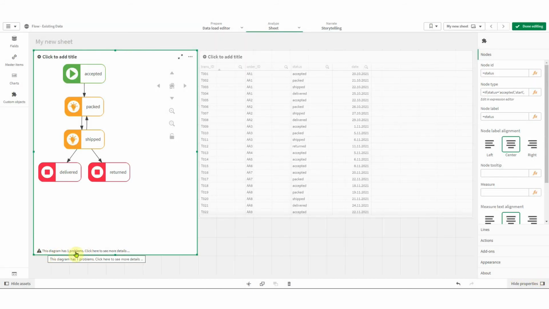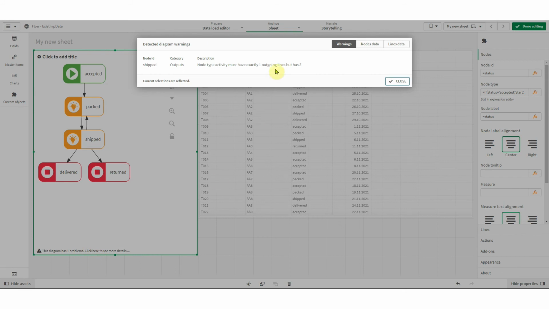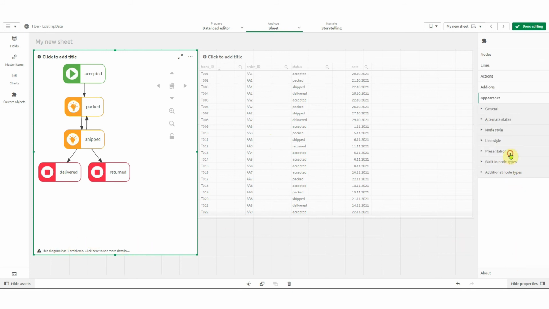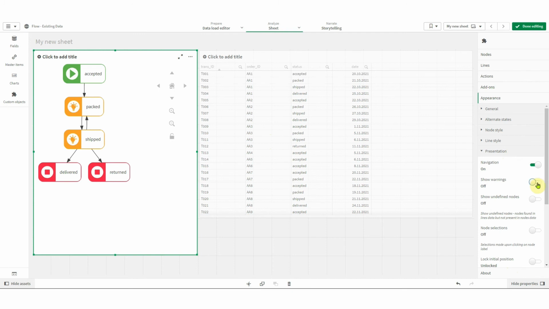And as we can see, this diagram has one problem. So we can go to warnings and data here and see that the problem is caused by the node type activity we use here. And in the process theory, this node type activity must have only one outgoing line. But here, there are three. If we are okay with that, we can disable these warnings very easily in the presentation section and show warnings